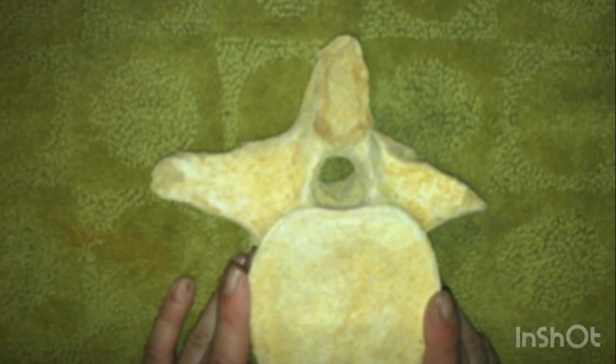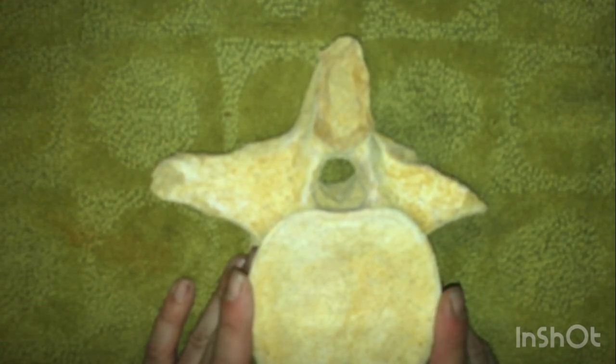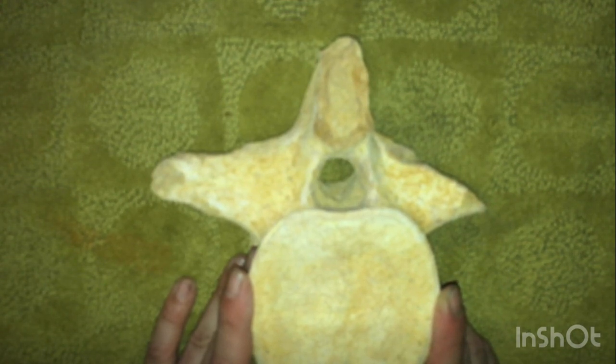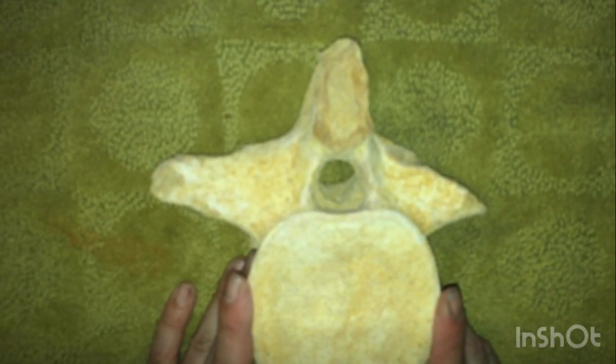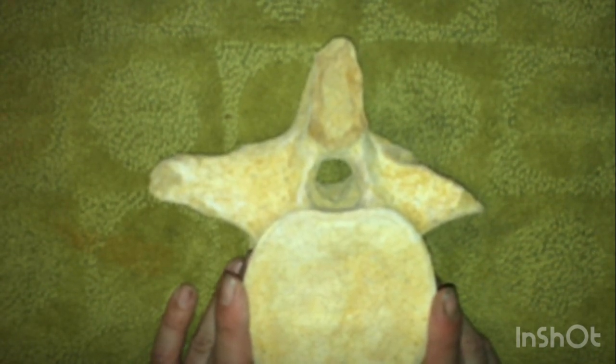Now, I have another beautiful vertebrae, much nicer than this one, which I will show you. It is the only thing on my wall. I put my beautiful red velvet up, and I mounted my first big beauty, which is that vertebrae. At that point, I found out that at some point